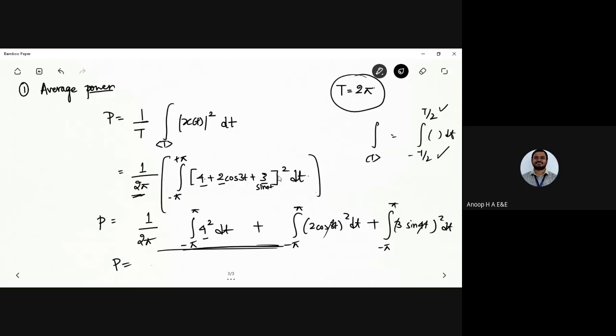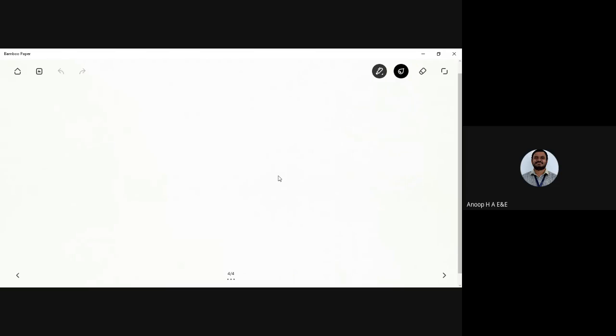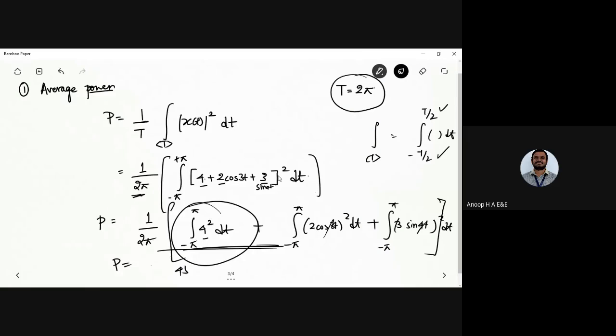Yes, can you solve this integral? Integral 1, okay? Yes, can you solve it? It's quite simple, isn't it? So you can solve it and do let me know the answer. Okay. So the answer would be 45 divided by